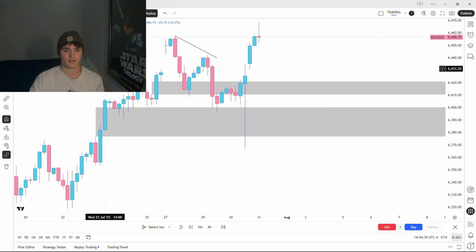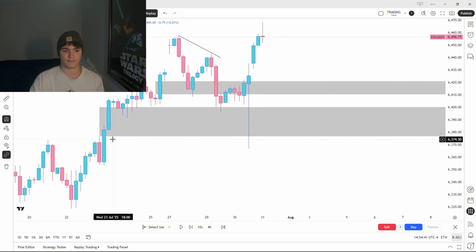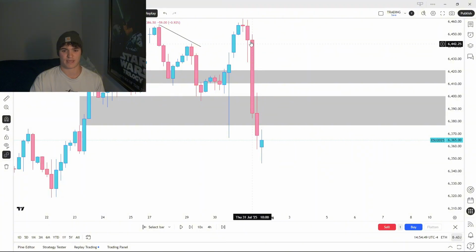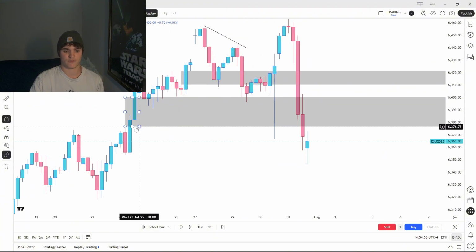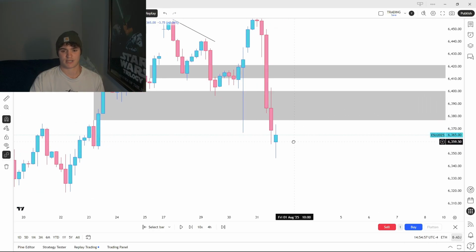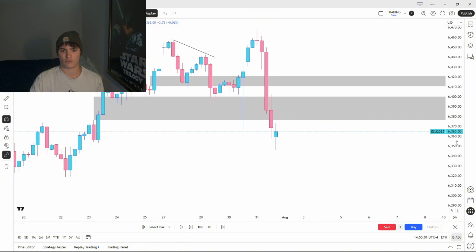So as you can see, we did get that fake out move down. We never inverted this 4-hour gap that held the first time we truly tested it. But then after that, we kind of lost it. And that's when I became very bearish, right? We had this death displacement candle, and then we also inverted this bearish 4-hour gap. And so at that point, I was kind of just like, all right, it looks like a pretty bearish structure right now. Let's see how the week closes.